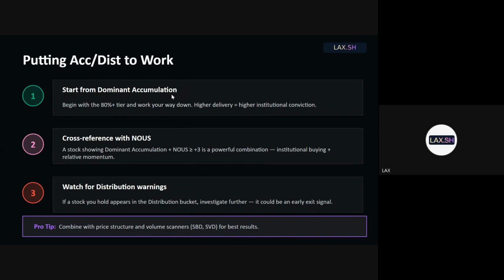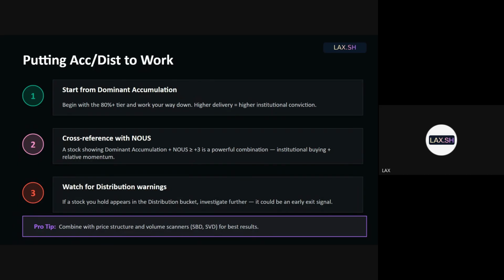So you start from dominant accumulation, then you confirm that with news, and then you see if there is good structure, and you can probably enter there. Distribution warnings you can use as one of the pieces of evidence for an exit signal, not all the evidence. Distribution in and of itself is not the whole signal, because it is possible that distribution has happened and the stock goes sideways or corrects some, and then accumulation happens again and it rallies again. So you will miss out. That is why it is only one piece of evidence.